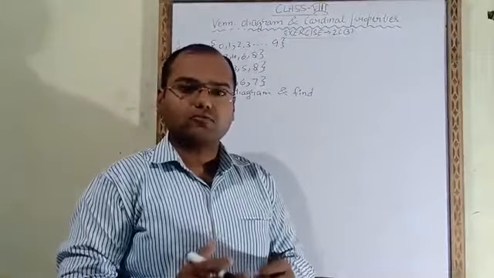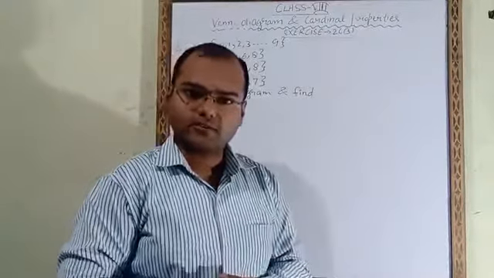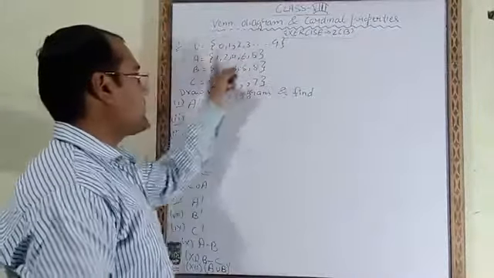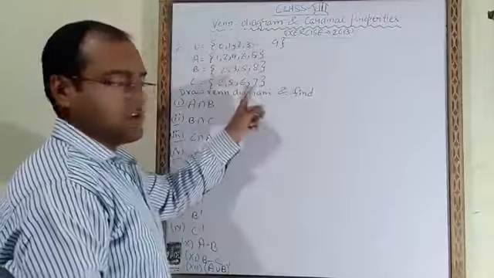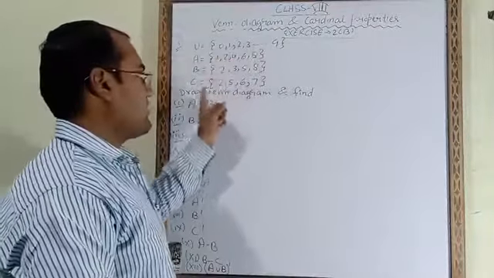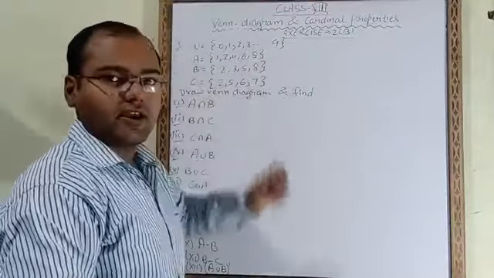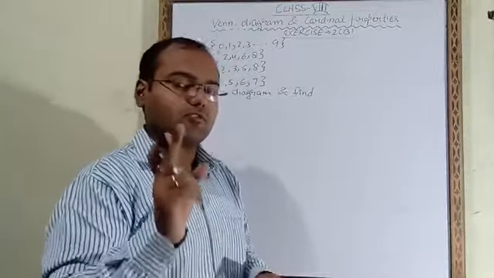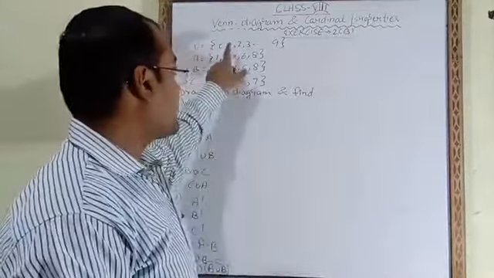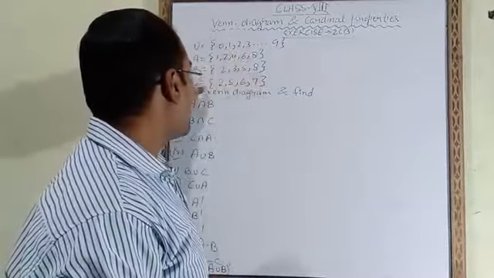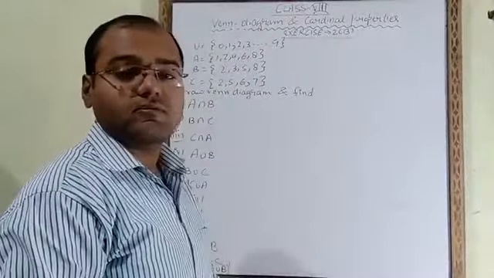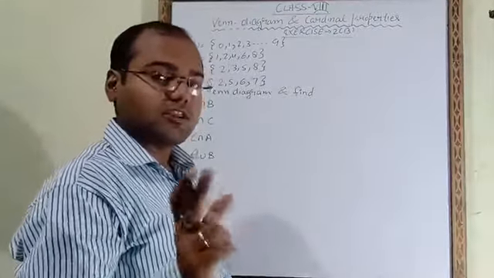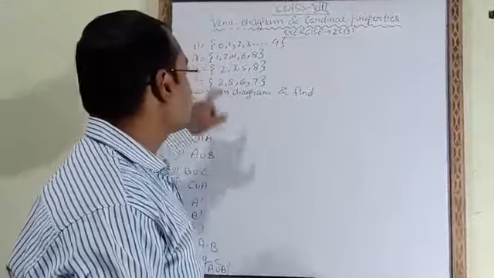Now we will solve some questions based on these Venn diagrams. Let's see this question. The question gives a universal set, and A, B, C. Here four things are given and we have to draw a Venn diagram. In order to draw the Venn diagram, the first thing you have to remember is to check which element is common in A, B and C, the element that is common in all three sets.